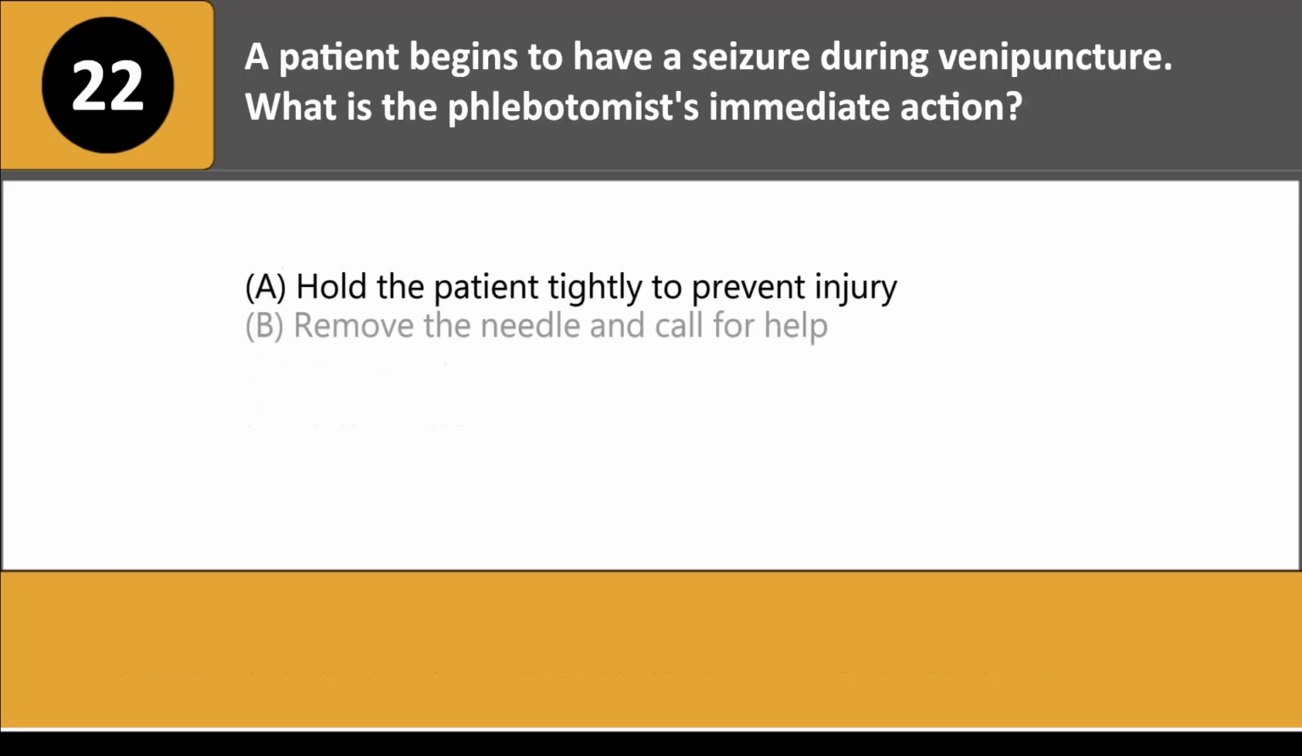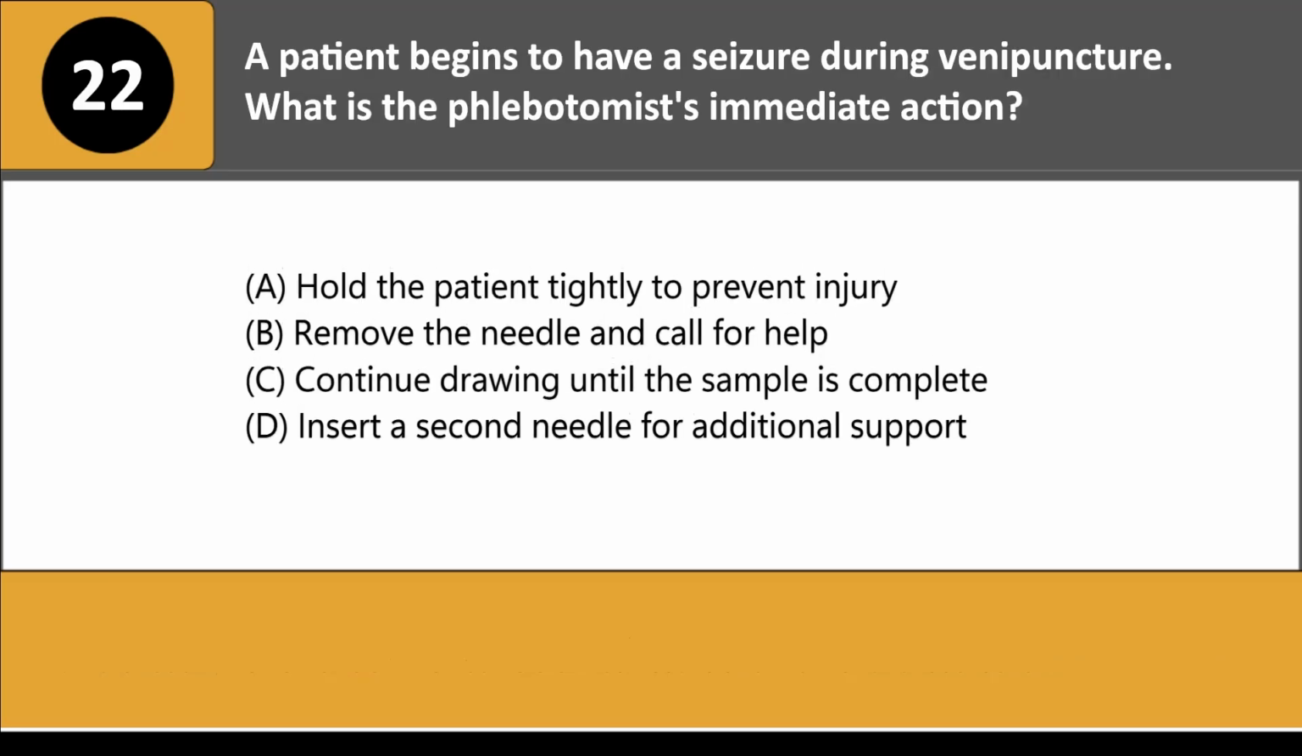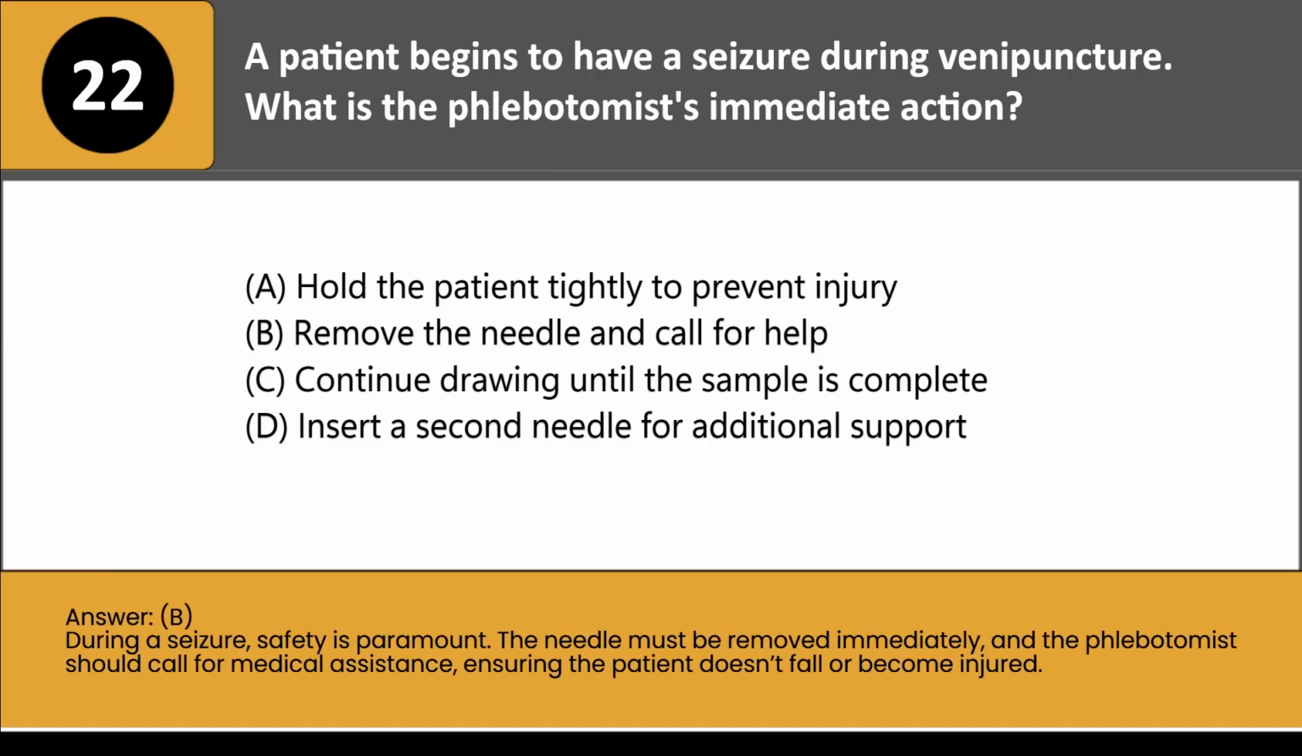A patient begins to have a seizure during venipuncture. What is the phlebotomist's immediate action? A. Hold the patient tightly to prevent injury. B. Remove the needle and call for help. C. Continue drawing until the sample is complete. D. Insert a second needle for additional support. Answer: B. During a seizure, safety is paramount. The needle must be removed immediately, and the phlebotomist should call for medical assistance, ensuring the patient doesn't fall or